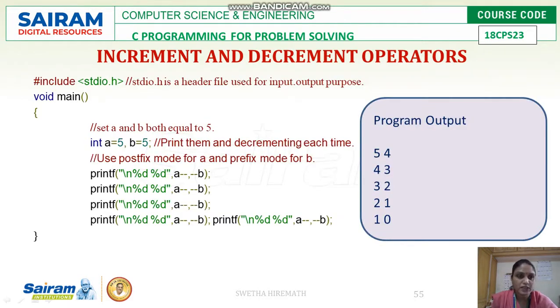For that we have an example program here in which we have two variables A and B, each assigned the value 5. We are using A-- and --B. So this is post-decrement, this is pre-decrement. So what are the values